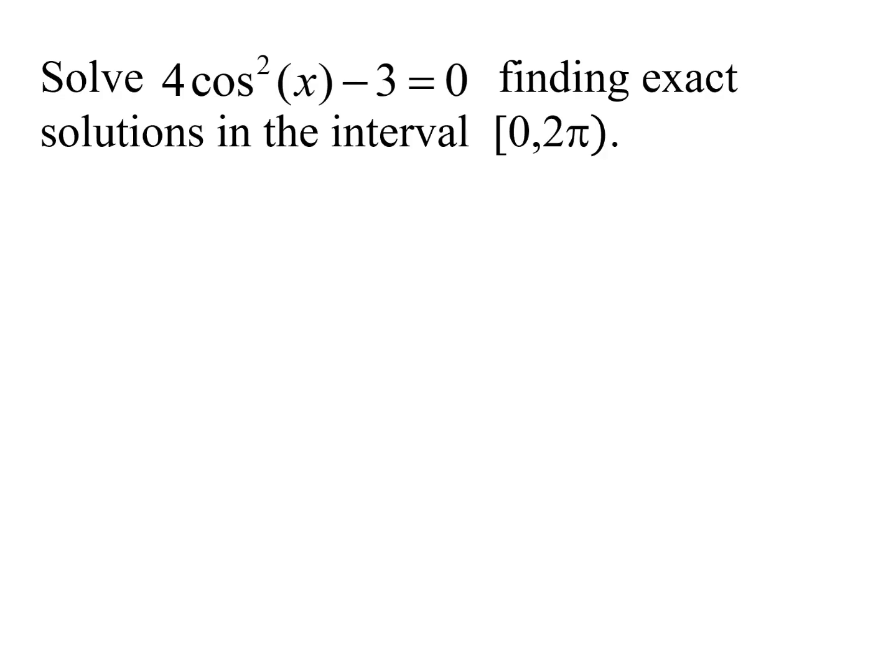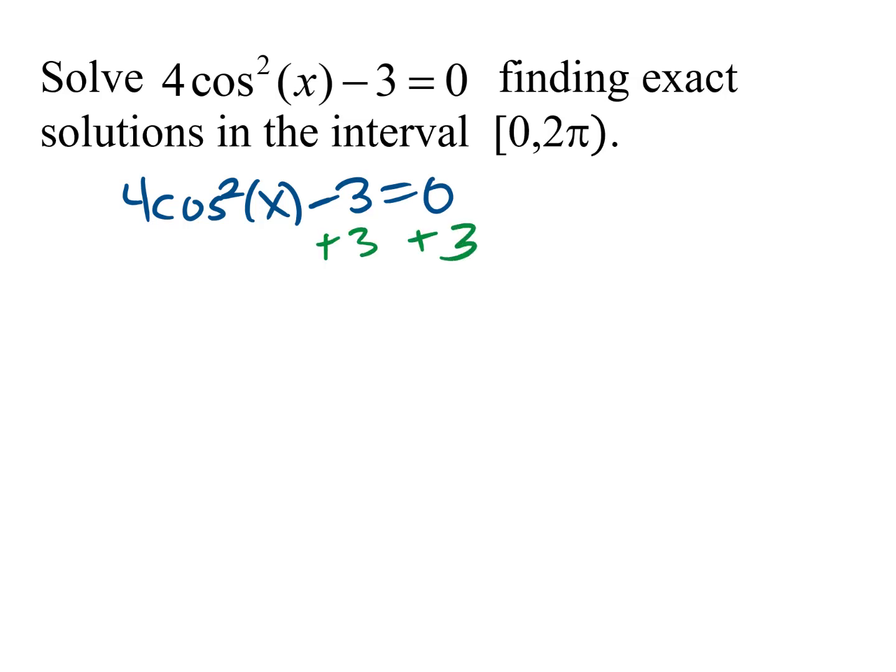We want to solve for 4 cosine squared x minus 3 equals 0, finding the exact solutions on the interval from 0 to 2 pi. First step would be to isolate the trig function. So I need to figure out what algebra I need to do to get the cosine x by itself. So the first thing I'm going to do is add 3 to both sides, and then I'm going to divide